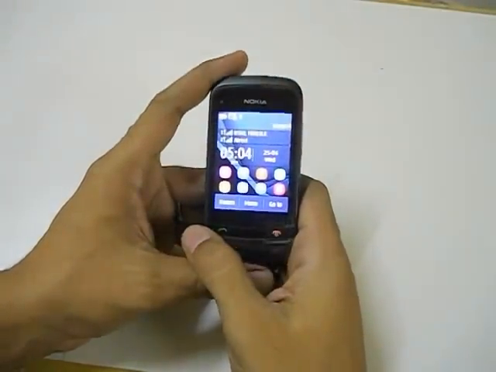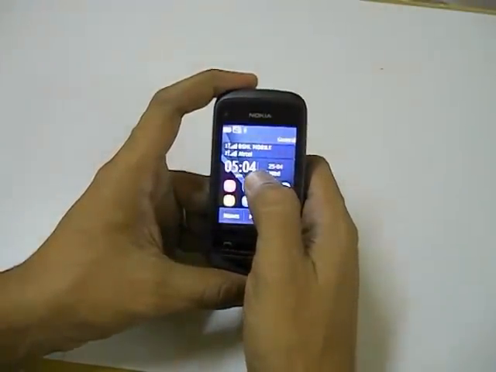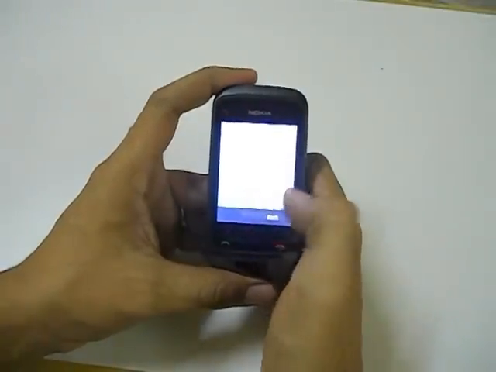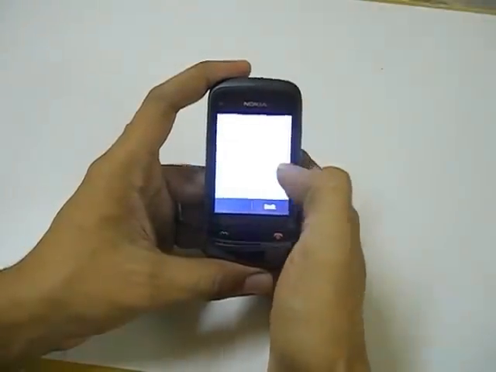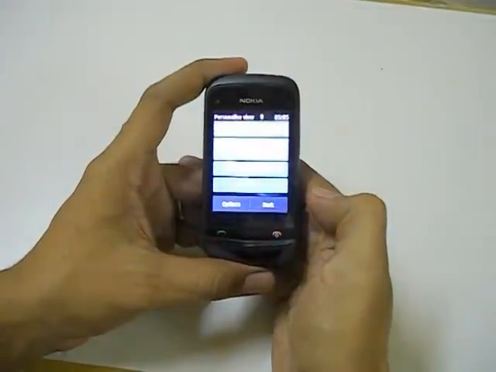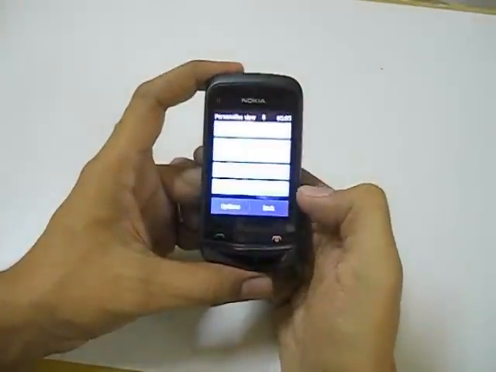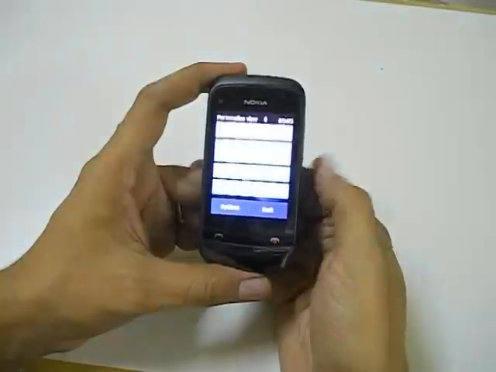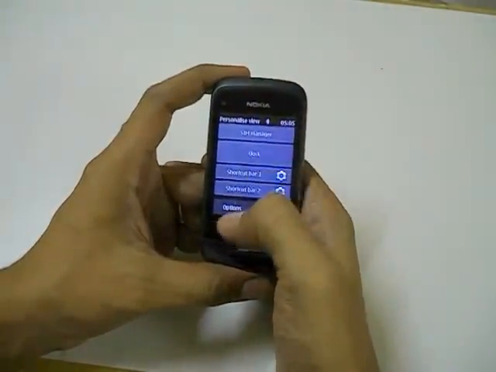Now to customize the widgets we have to tap anywhere on the widgets and hold. Tap and hold. Then you get different options based on which widget you have tapped. We have to select personalized view, and here you can see the four different widgets. We can change these widgets or remove one of these widgets. To start with, I'll remove the third and fourth widgets.